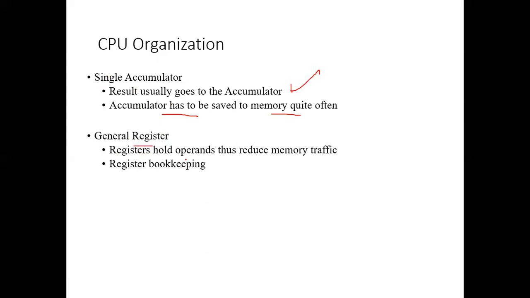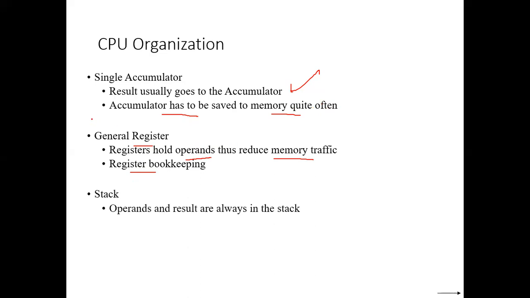So these general purpose registers will be used to hold the operands. By keeping the operands in the general purpose registers, the memory traffic will be reduced. If you are not keeping them in the general purpose registers, then you are referring to some symbolic name which refers to some memory location, and accessing data from that memory location will take time. But register bookkeeping should be maintained, like which register contains which value. All these things should be known, right?